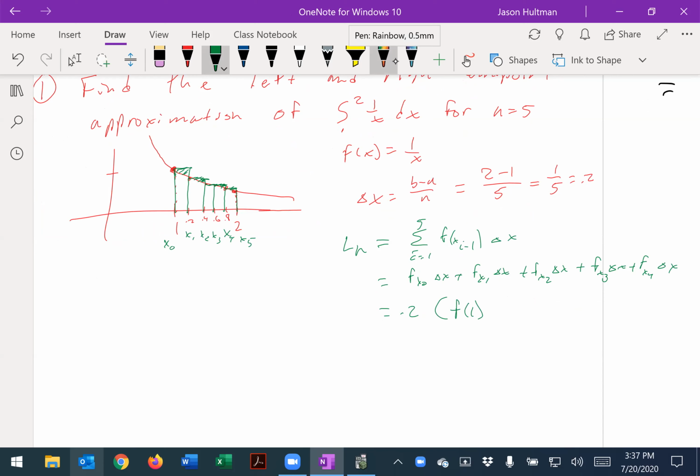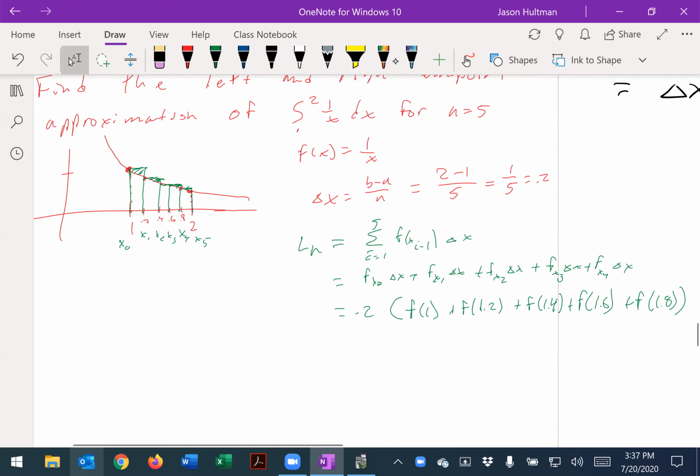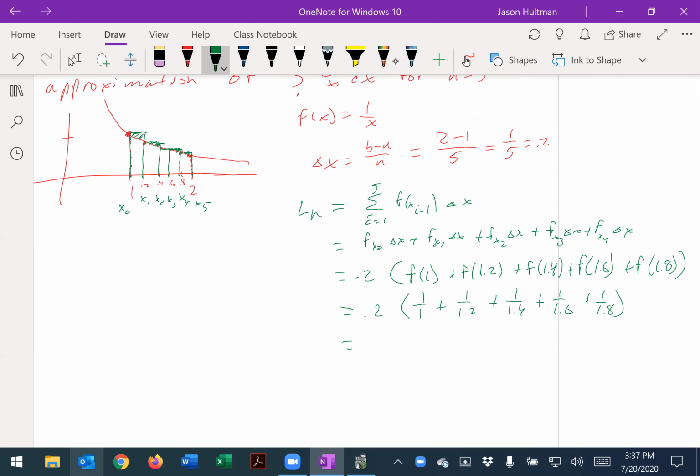What's x sub 1? Isn't that just f of 1.2? Isn't that just the height of the function at 1.2? Sure, absolutely. Plus f of 1.4 plus f of 1.6 plus f of 1.8. Okay, and so this is equal to 0.2 times, and the function is just 1 over x. So this is 1 over 1 plus 1 over 1.2 plus 1 over 1.4 plus 1 over 1.6 plus 1 over 1.8. And if I put all of that into a calculator, I get this equal to